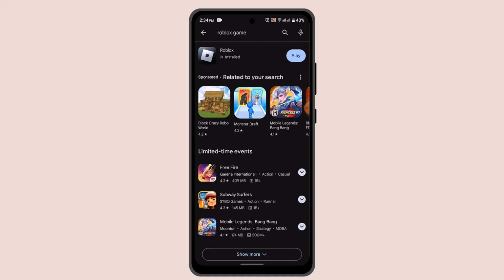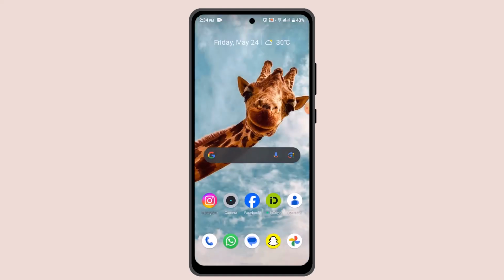However, if the issue still persists, then you can also go ahead and try checking your internet connection. Sometimes poor unstable internet connection can be one of the major issues. You can try switching over to Wi-Fi as well as to mobile data, and that should be able to